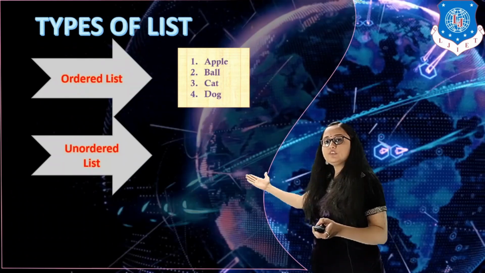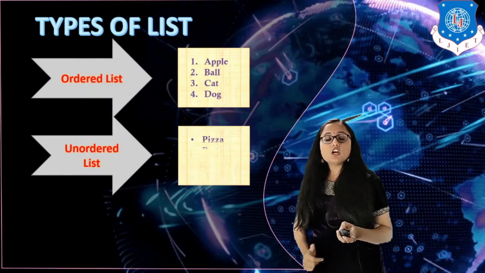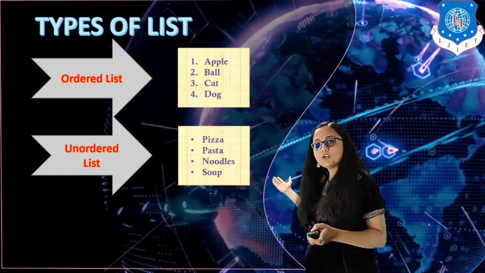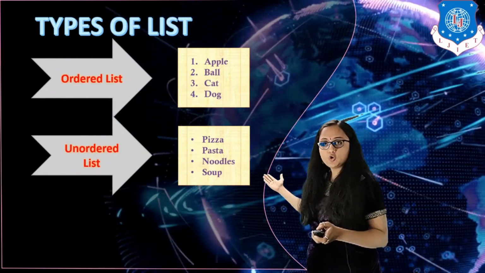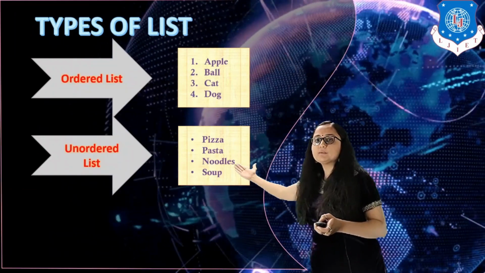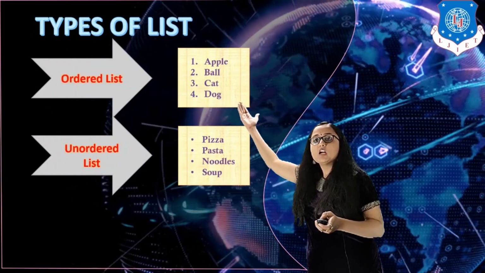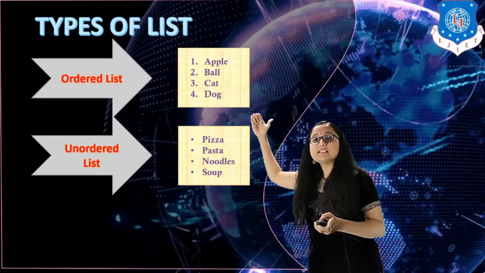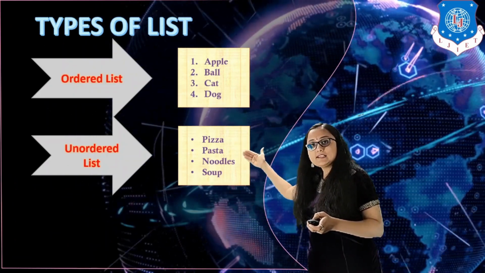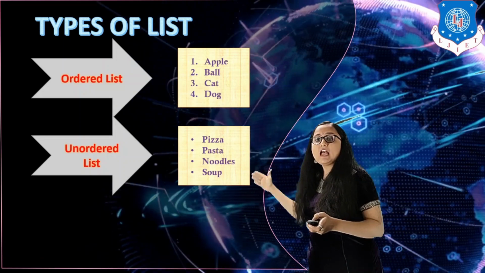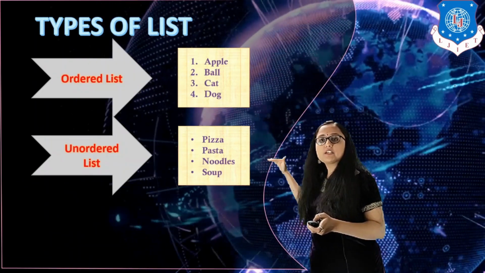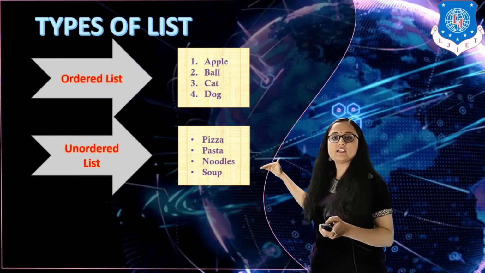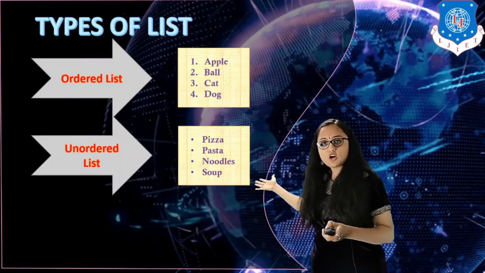The second type of list is the unordered list. Now an unordered list is basically a list which has no particular sequence numbering. Okay, so here you can see that the bullets in the ordered list were numerical, that is 1 2 3 4. So it is following a particular sequence, whereas the bullets in your unordered list have no particular order. So you can put these particular list items in any category as you want. So this is an unordered list.